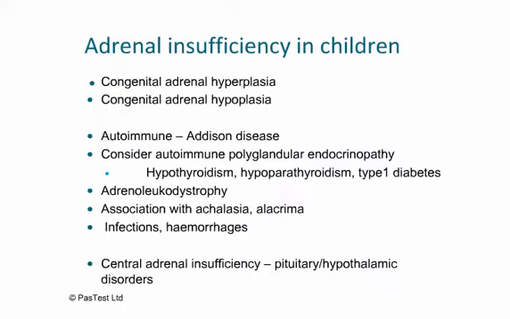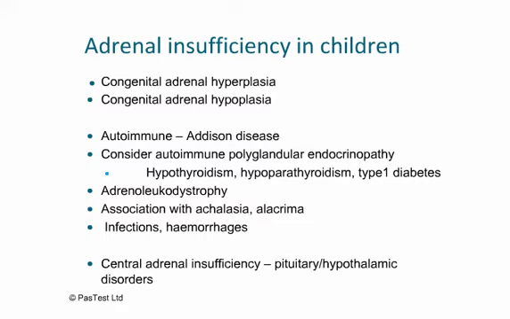There are several causes for adrenal insufficiency in childhood. In the earlier years, congenital adrenal hyperplasia, or rarely hypoplasia, may be possible. In older children, autoimmune causes such as Addison's disease are possible. In all children with Addison's disease, do consider the possibility of other autoimmune endocrinopathy such as hypothyroidism or possibly type